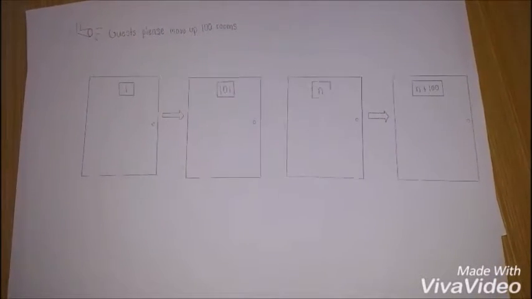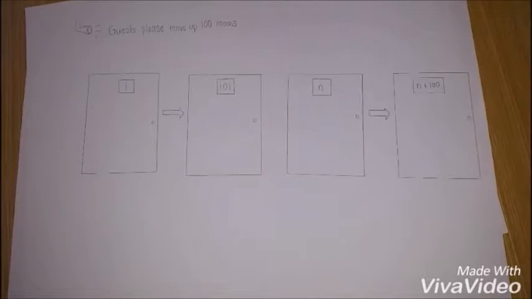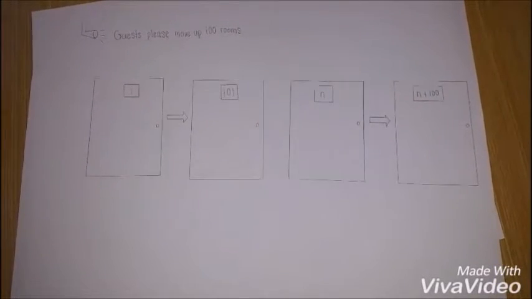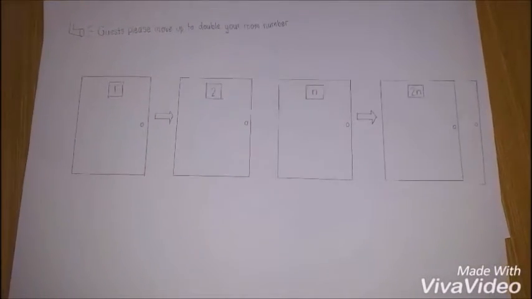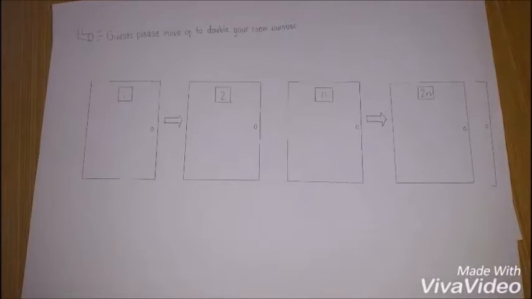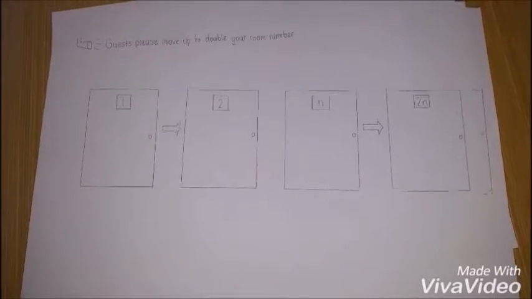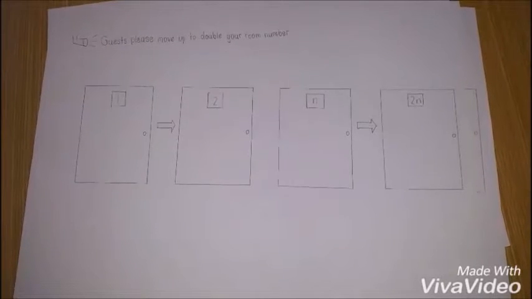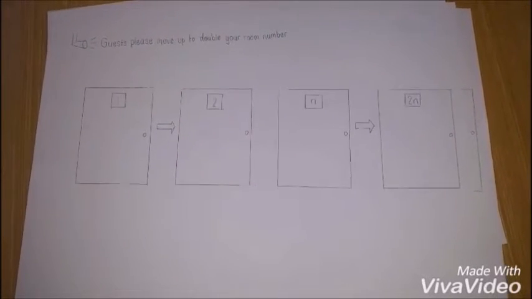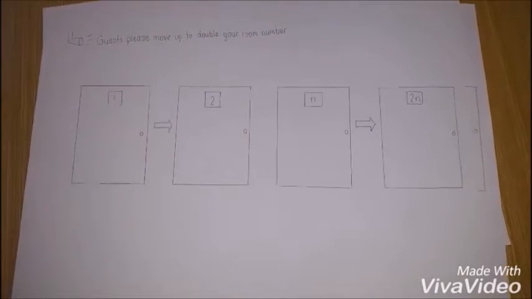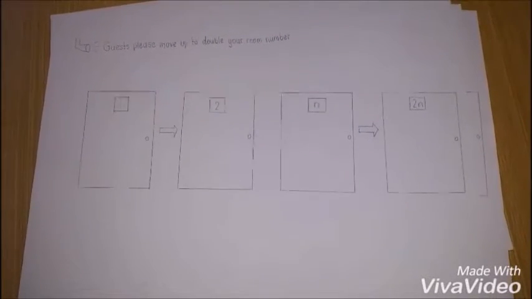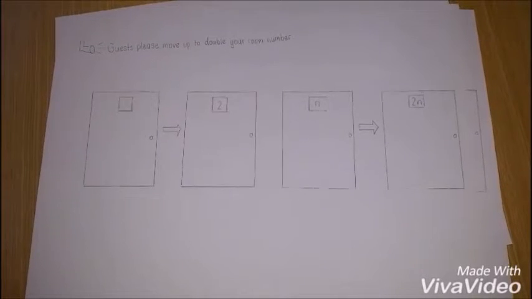However, what if there's an infinite number of guests waiting to get in the hotel? The method won't work anymore since the guests won't know which room they are assigned to go. This problem can be solved by asking the guests to move into a room with twice the number of their current room. If you're in room 1, move to room 2. If you're in room 30, move to room 60. The guest in room n will move to 2n. This leaves all the odd numbered rooms empty, and since there are infinite odd numbers, there will be space for every guest.